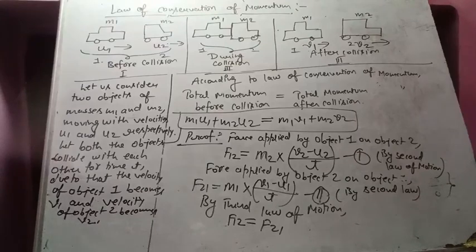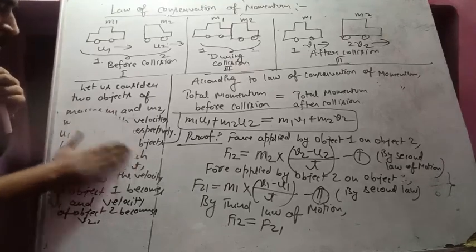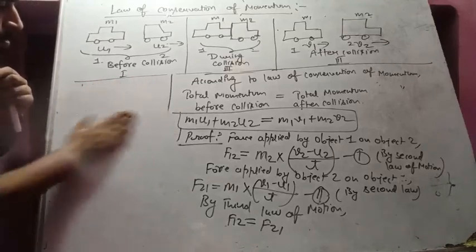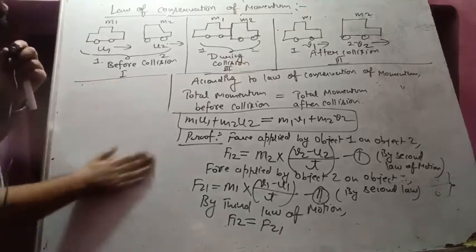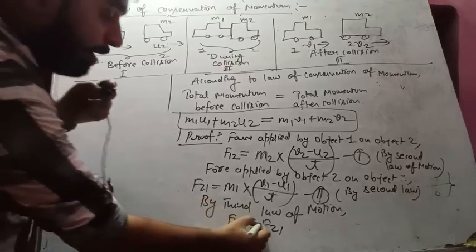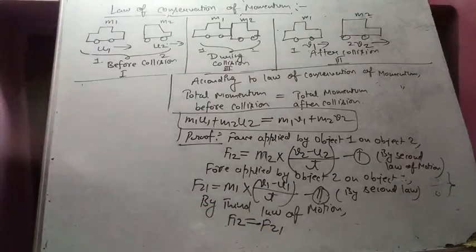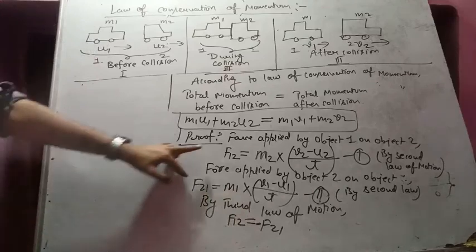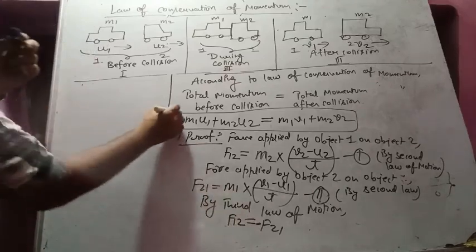Now let us consider this. So let us substitute this there. I need the space actually, so I am just going to erase a few parts. Now students, let us consider this. So F12 is equal to F21, or minus F21, there will be negative as well. Equal and opposite reaction. Direction is opposite, so negative will be there. Substitute this value over there. So F12 should be equal to minus F21.